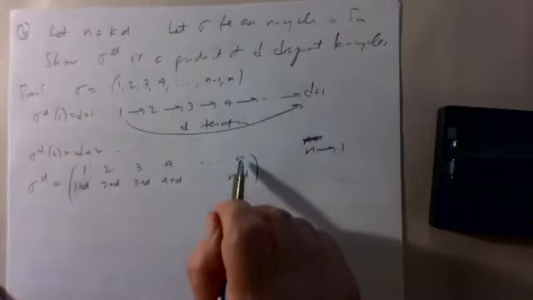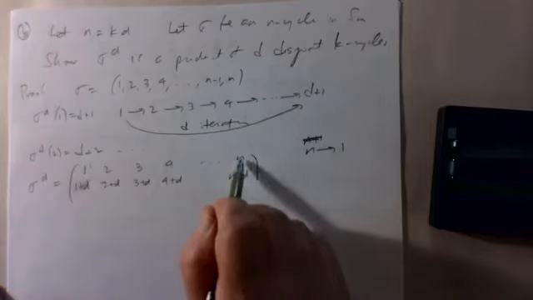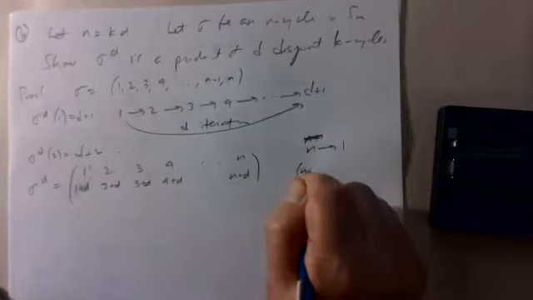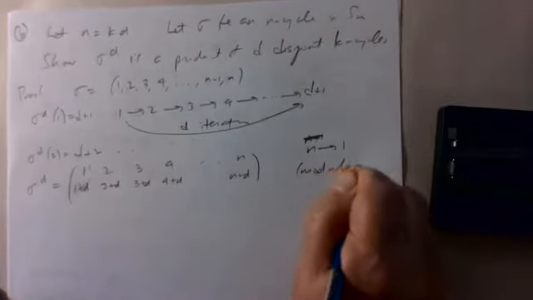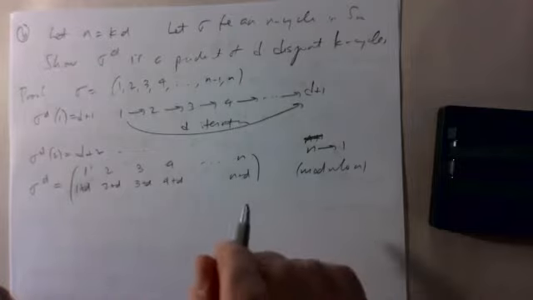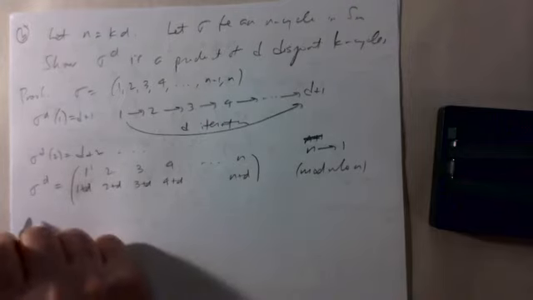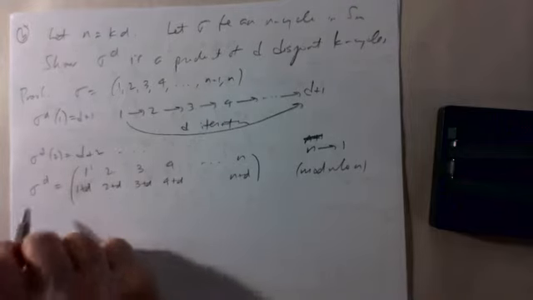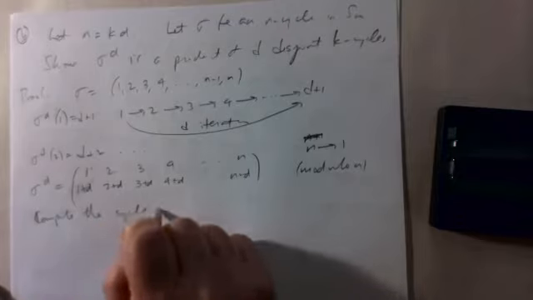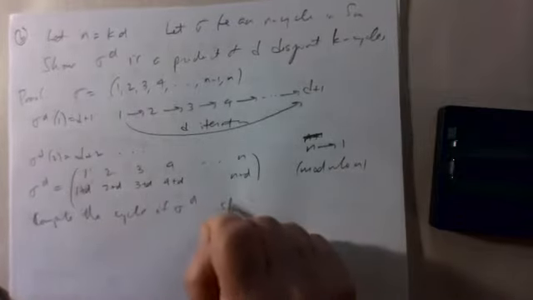So when you apply sigma to n, you get 1. When you apply sigma twice to n, you go to 1 to 2, and so forth. So this is all what we might say modulo n. It sort of comes around. And so let's look at the orbit of, let's compute the cycle of sigma to the d